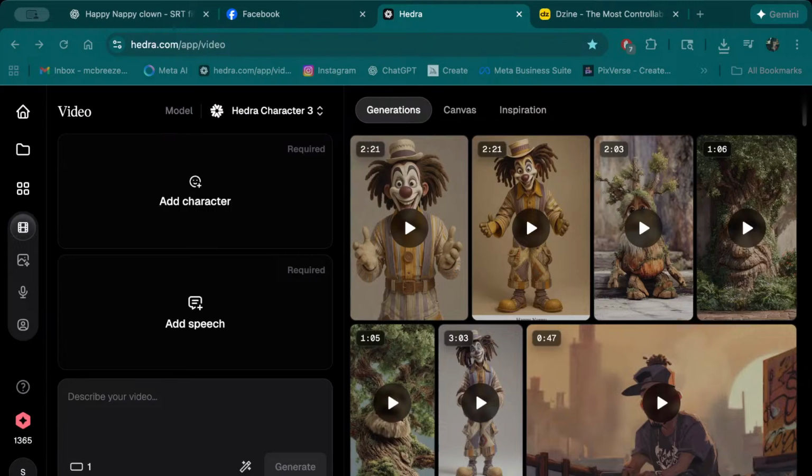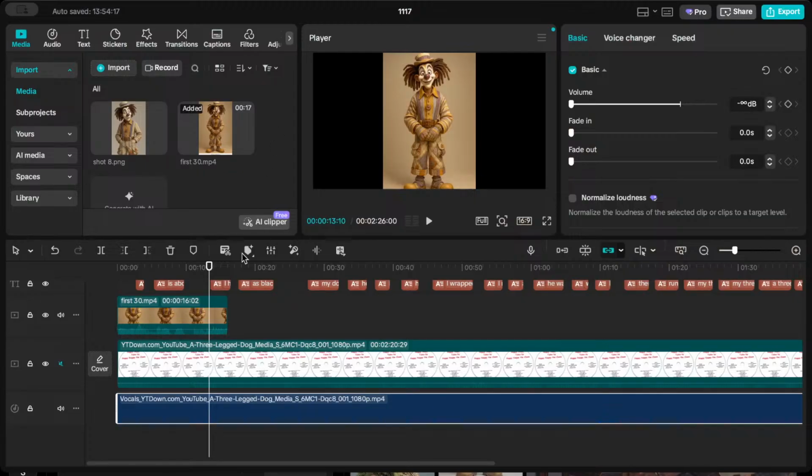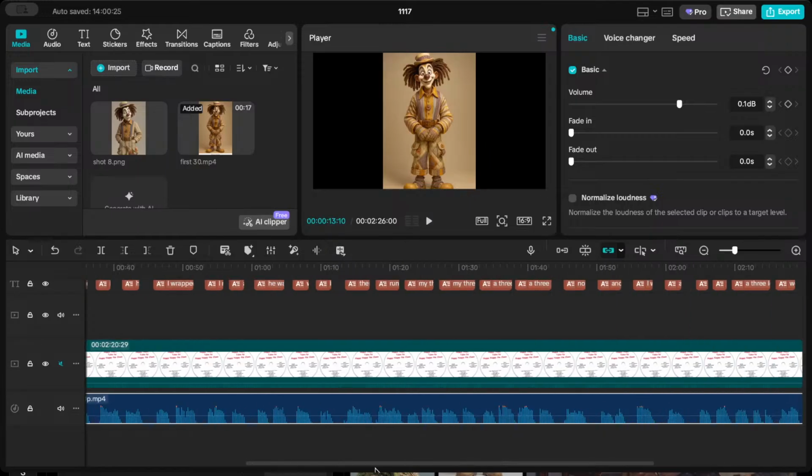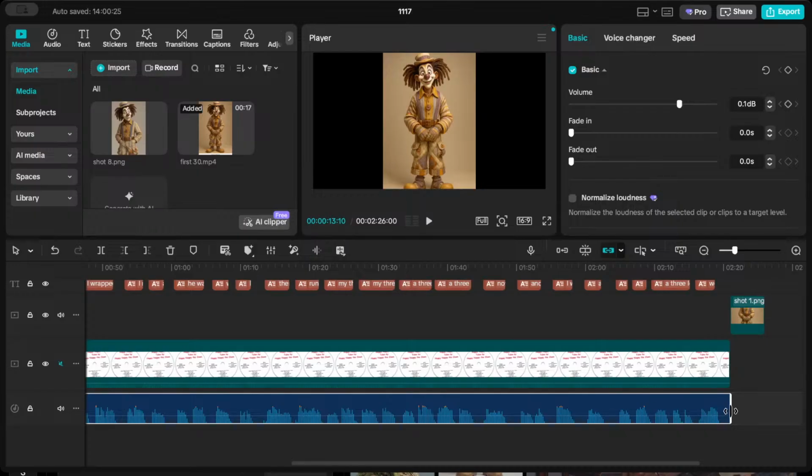So turn CapCut back on, fade over to it. And so in CapCut, now I want this entire audio file. Before, I only exported 30 seconds of this. Now I'm gonna export the entire, what is it? Looks like a little less than 220, maybe 218. So I'm gonna export this entire audio file,